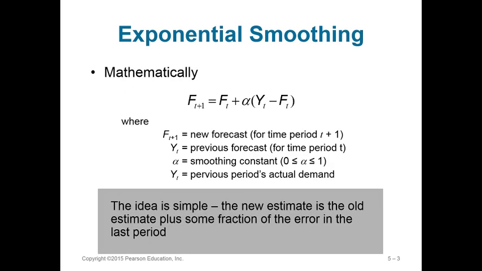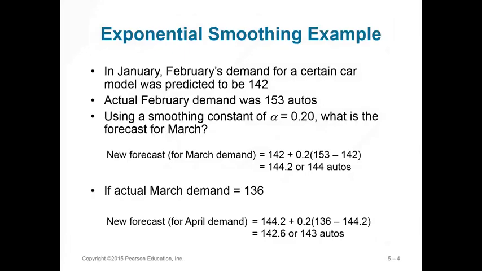And this would be a simple formula out there, and I'll show you a more simple one here just a second. But the current forecast is based on the last forecast for a certain period with a smoothing in there and actual demand going on. For example, if you took a look and you estimated February's demand for a certain car model at 142 when you were sitting in January, and then after February was over, in March you noticed that the actual demand was 153,